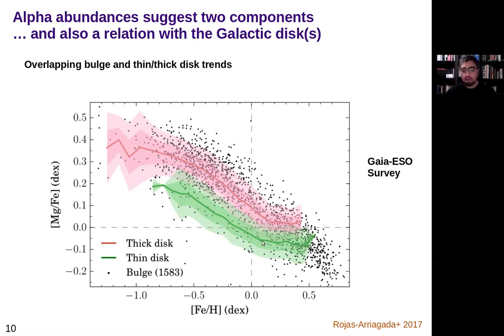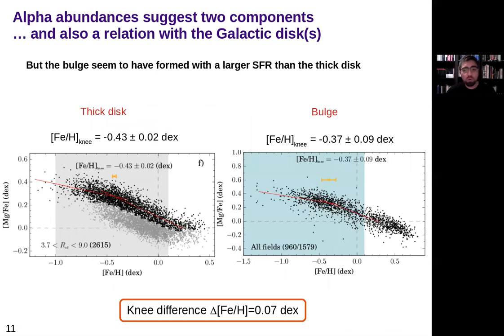But when we compare with the thin disk, they are more consistent with the most metal-rich stars in the bulge. This is in a qualitative sense. So it seems that metal-poor bulge stars can be associated with the thick disk, while metal-rich stars from the bulge with thin disk stars. But when we look at the detail,